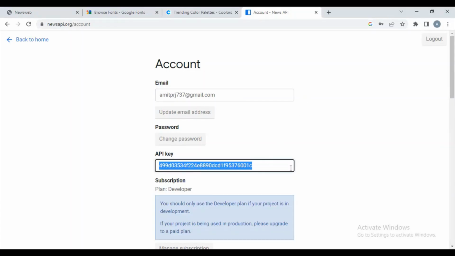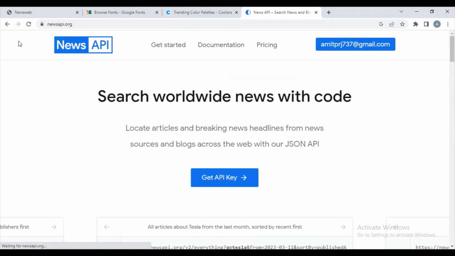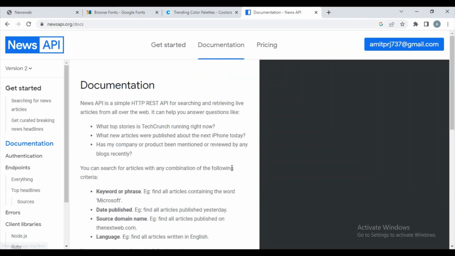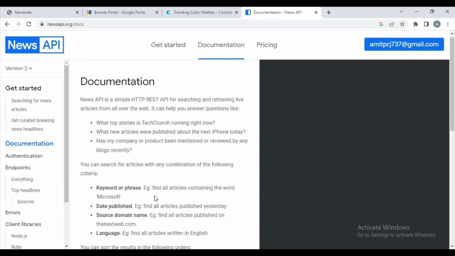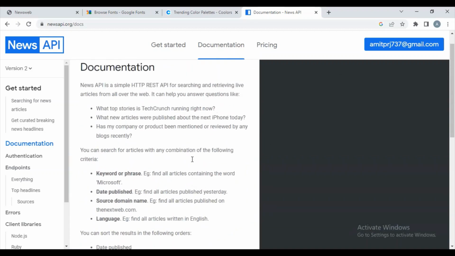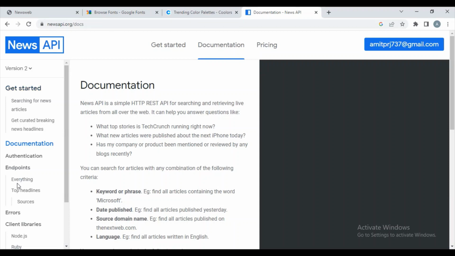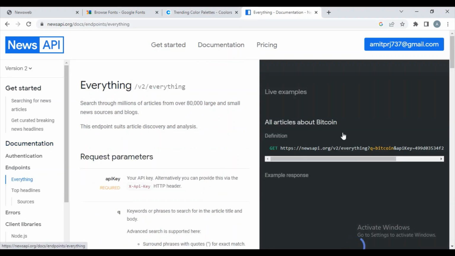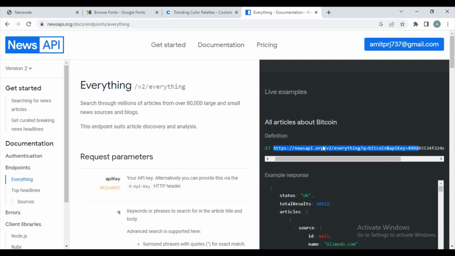For that, let me just go back and go on the documentation, and here this is taking some time to load. After that, go on the Everything section and just copy this URL, this one, and here they are also giving some examples of how I can use this API. Here see, this is a GET method, and inside this I will pass my query like that, and after that I will add my API key. Let me just copy this